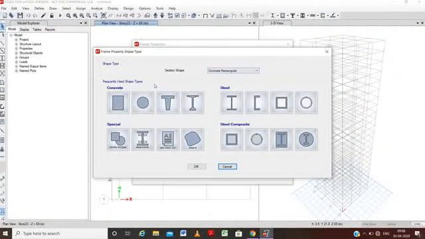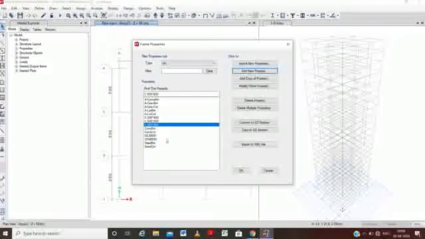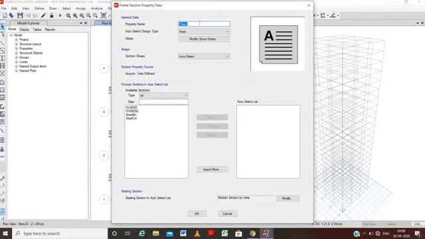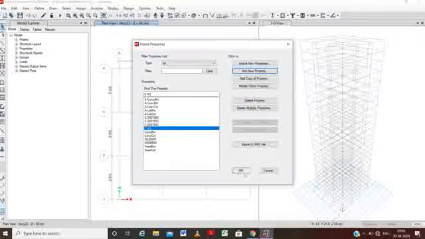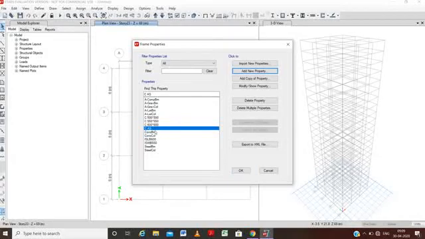For this we will go to add new property. Here we go to special and auto select list, and here change the name to column auto select. Here we change the design type to concrete, and we will see that our three columns are listed here. We will take all the three columns and just add them to the auto select list like this. We'll use the column section option design, and then press OK, and again press OK, here the column option is given.